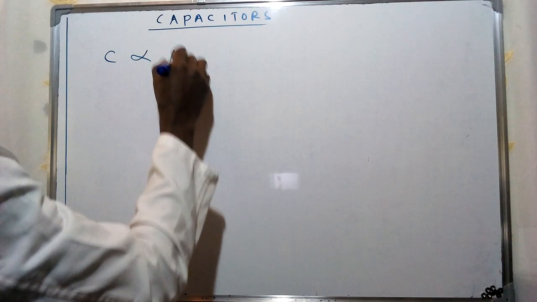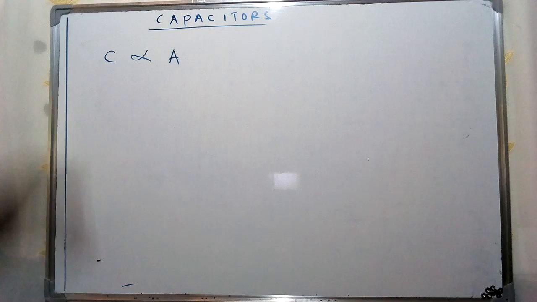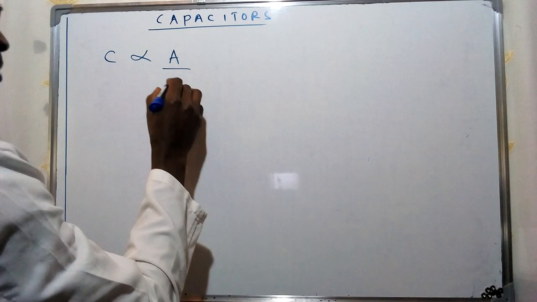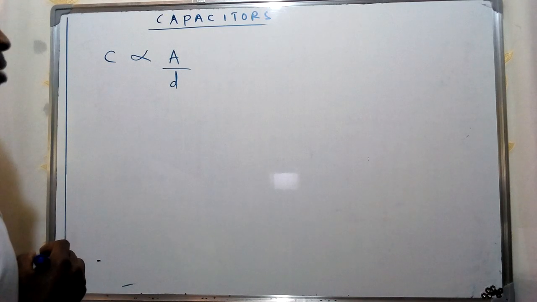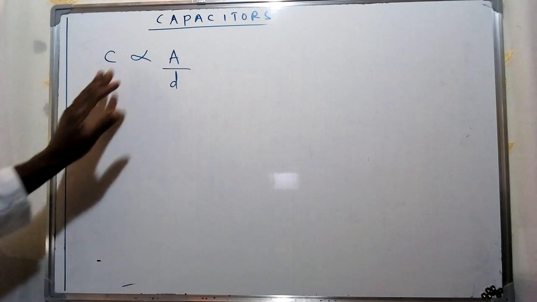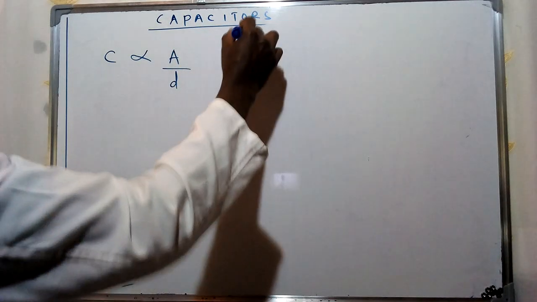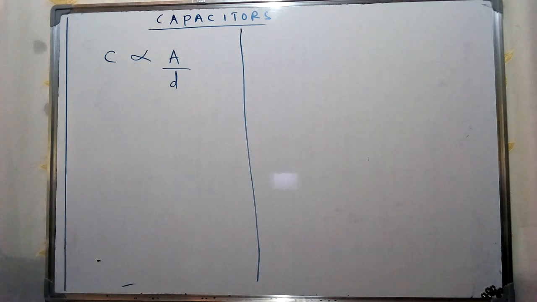We say that the larger the area of the plates, the larger the amount of capacitance, but it's inversely proportional to the distance of separation, which we can give in terms of d. So therefore, this is going to form another relationship which we can look at, particularly in terms of capacitance. And therefore, considering the area of the plates and the distance, we can develop